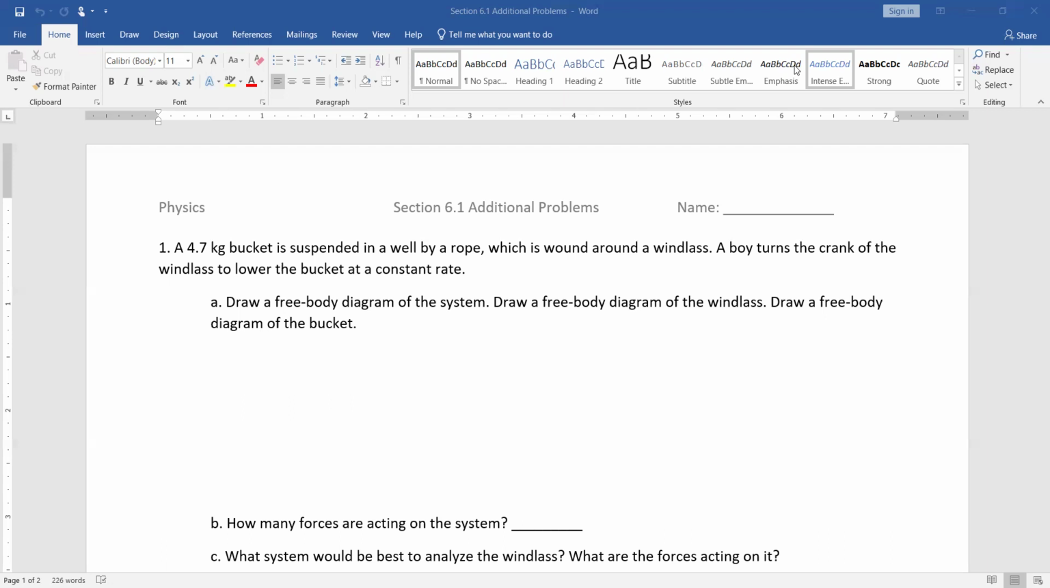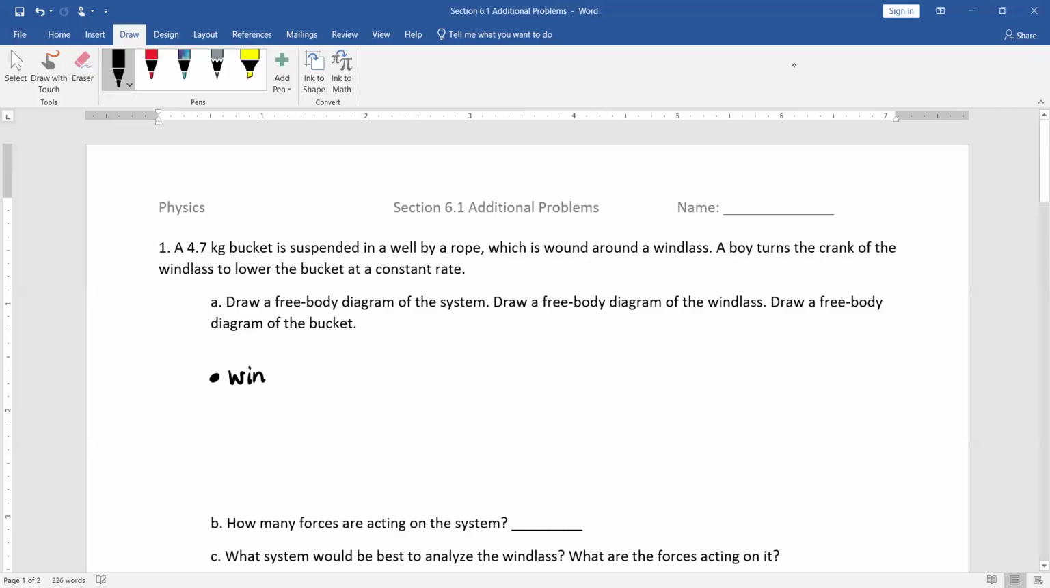So a boy turns the crank of the windlass to lower the bucket at a constant rate. If it's going at a constant rate, that means it is not accelerating. So we have a balanced system, and we do not have to add the acceleration here. So if I include the windlass in the system, then we have the windlass,